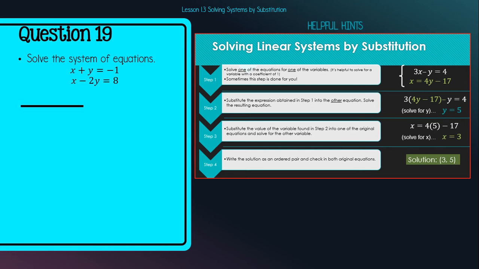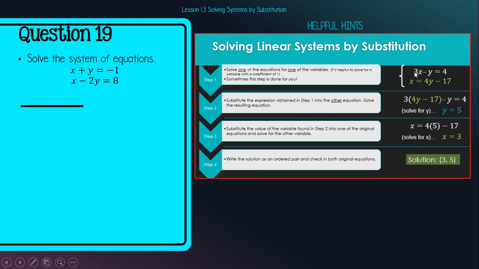Question 19, solve the system of equations. x plus y equals -1 and x minus 2y equals 8. So over in the helpful hint box, I have some step-by-step instructions and a little example of the process of